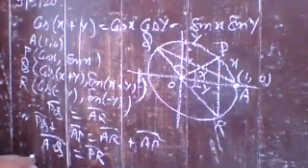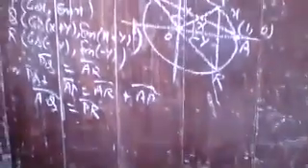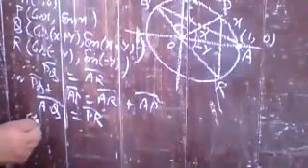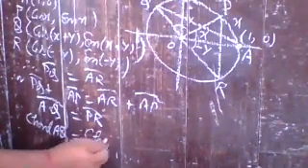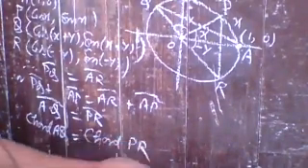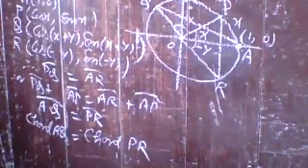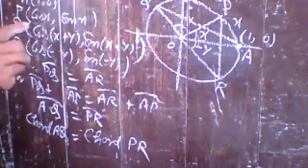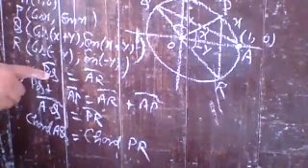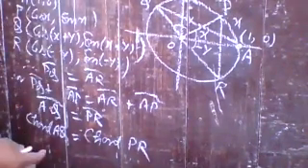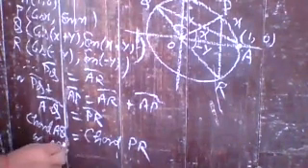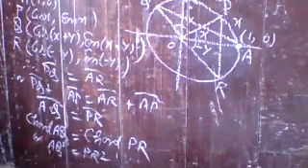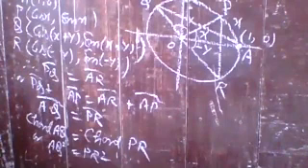Yes, now note it. Chord AQ is equal to chord PR. So these two chords are equal. And you can very easily find the length of the chords. If the chords are equal, no doubt their squares are also equal. So write it: AQ square is equal to PR square. Yes, note it up to that.